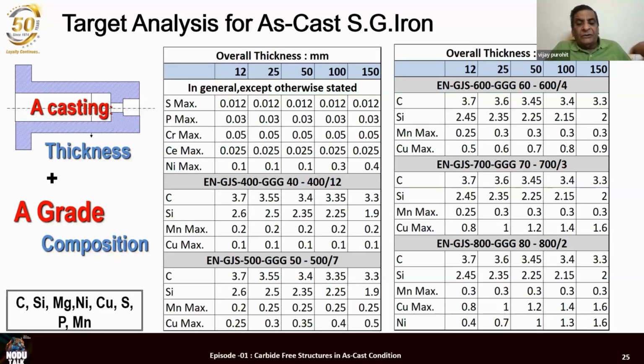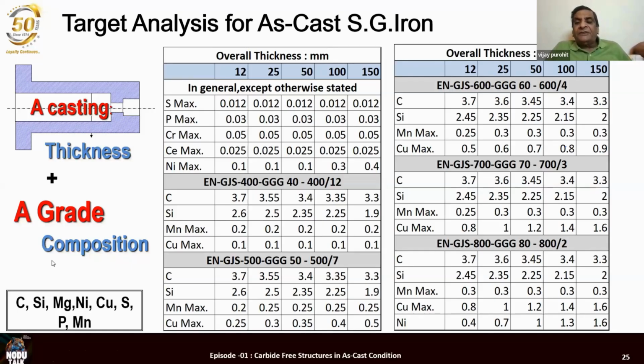Go to the 500 by 7 grade. As the section size increases, the carbon reduces. Same reason: as the section size increases, the silicon reduces. Same reason, to avoid graphite flotation. Manganese maximum 0.2%. As the section size increases, maybe up to 0.25%. Copper max 0.25% to get a little pearlite in the 500 by 7 grade. Look at the right hand side figures. This is the pearlitic ferritic grade,